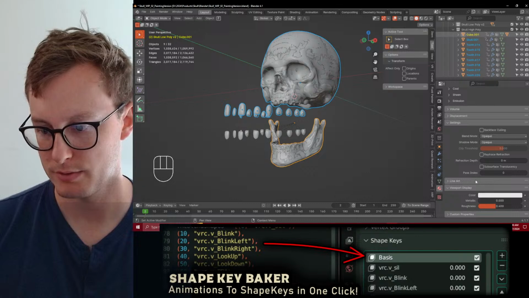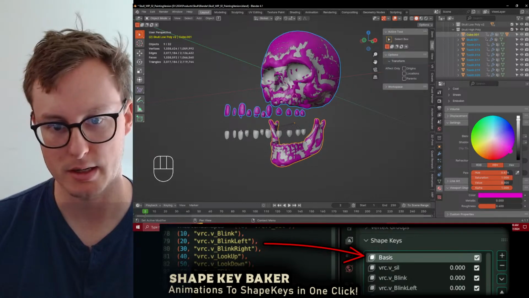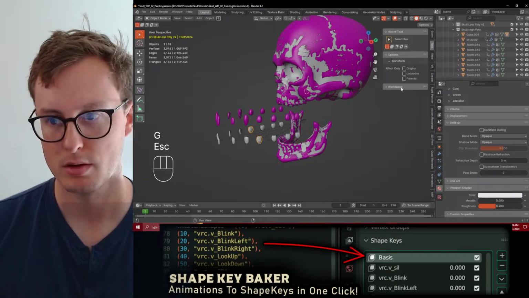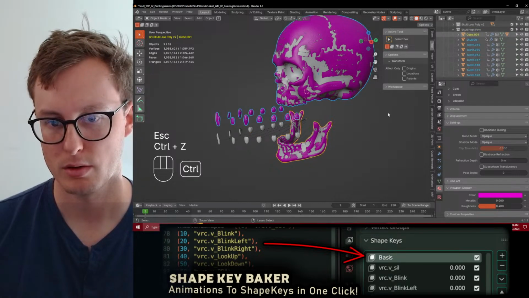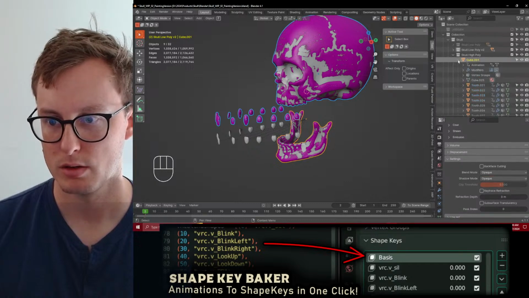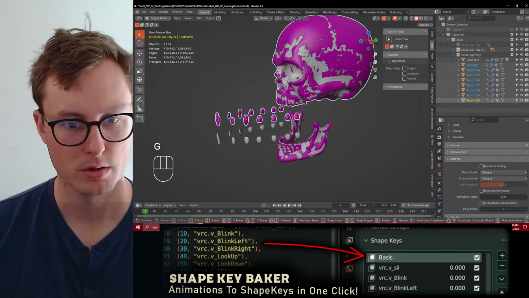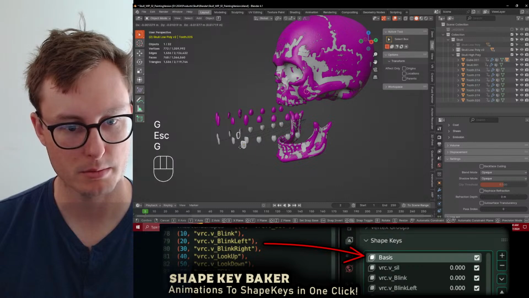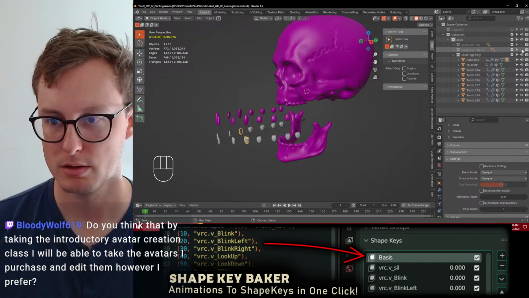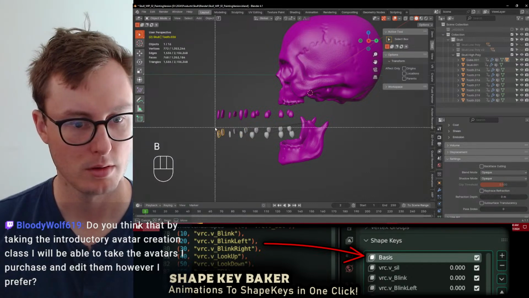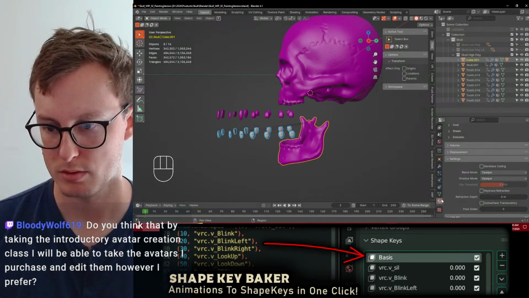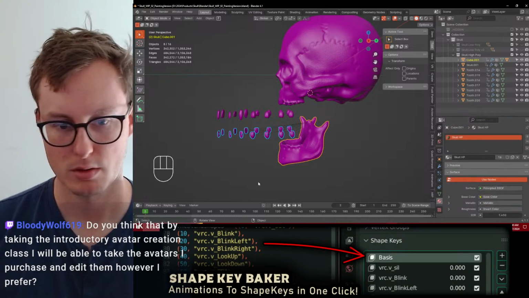And we're going to change the viewport display so I can get a better idea of what I'm working with. Just the top teeth? What about my bottom teeth? Where are these? There we go. Okay.